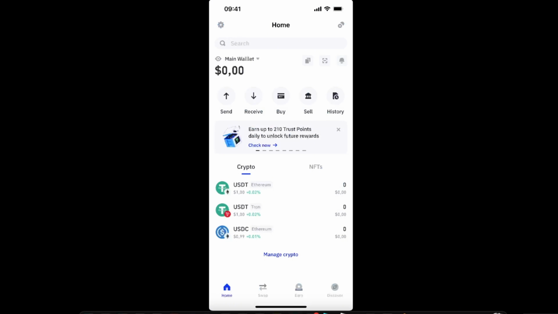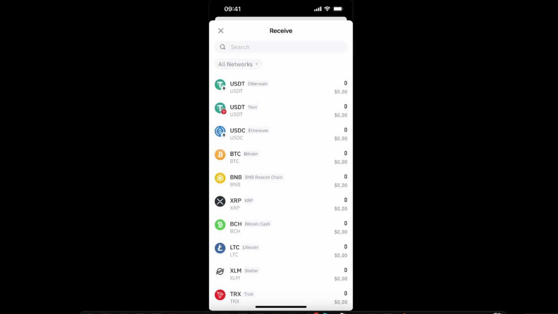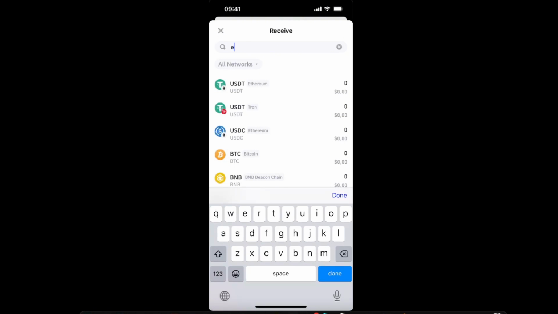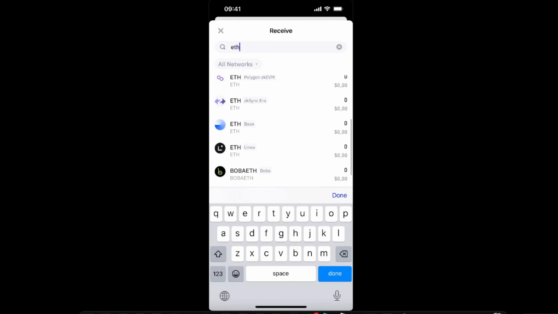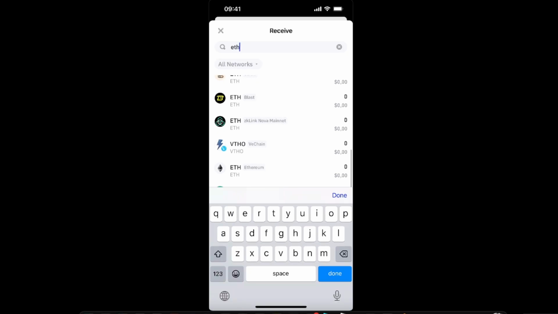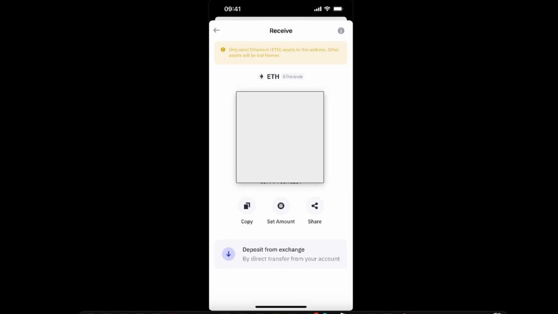From here, I'm just going to click receive and I'm just going to search for Ethereum. Now you have all of these Ethereums, so you want to choose the one which fits you the best. I'm just going to choose for today's example Ethereum on Ethereum network. Now you will see here an address which you need to go ahead and click copy and go back to